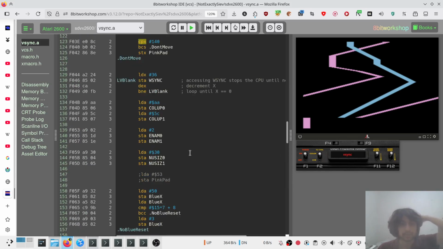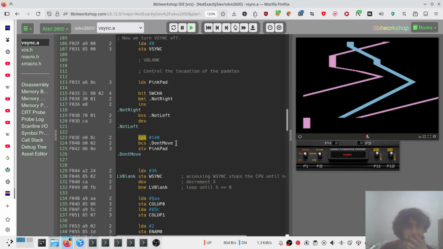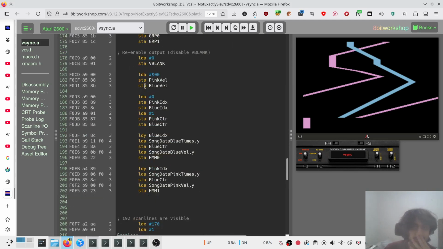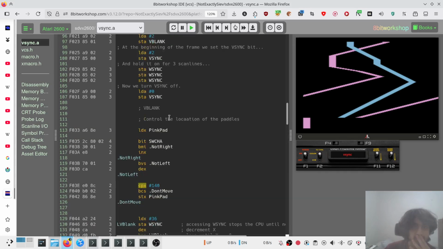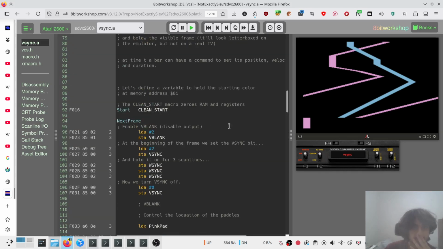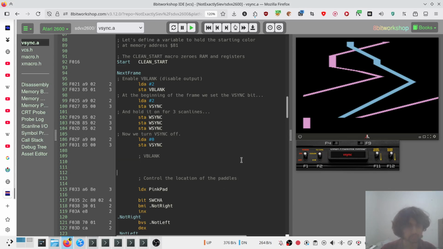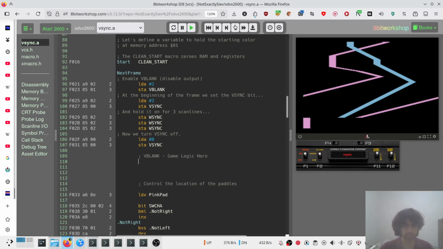Now every frame we can just increase that. Where is the next frame? All we need to do here, vblank, game logic here,